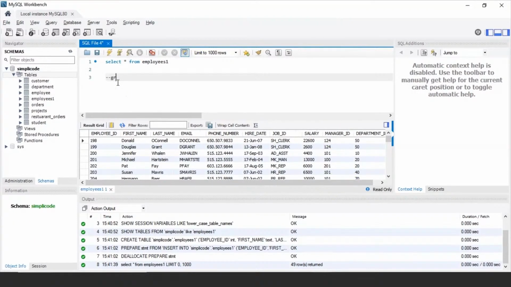Now firstly, let us discuss the group by clause. Now let's say if I want to fetch the total employees in all the departments from the employees1 table, then the following query would be select. Now I can take the employee ID to display the total number of employees because each and every employee has a different employee ID. So select count employee ID as total,